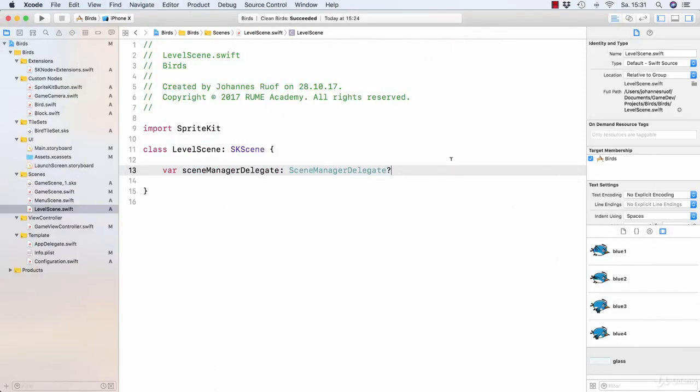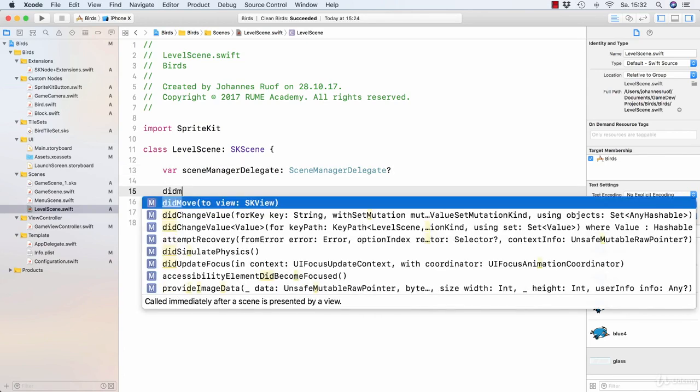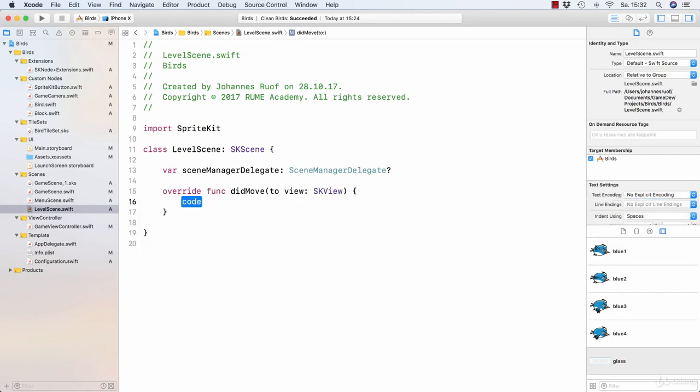Since our menu scene seems to be working fine, it is now time to take a look at our level selection scene. And just like before, we will basically just need 3 methods in the level scene class. We will also override the didMoveToView method. And again, I want to have a custom method to add all of the elements to my scene, which I will call